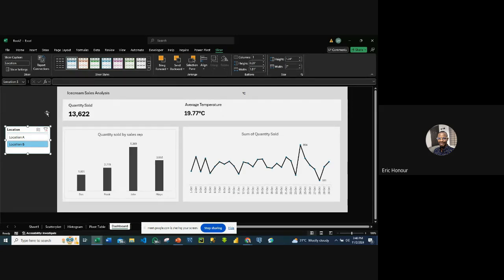So to select this design for your slider, just click on it and select the new design we just added, slider style 1. If you select it, you have something like this. I have not done much on this. You can design for